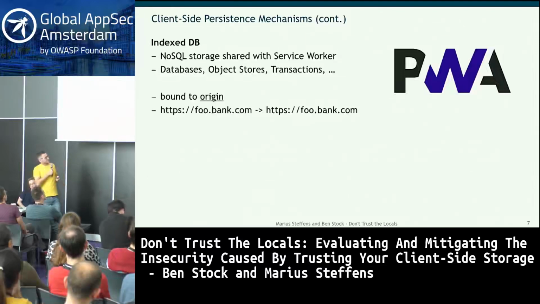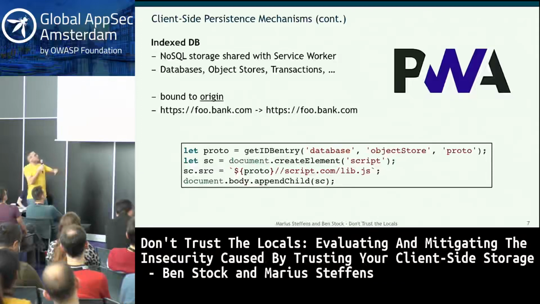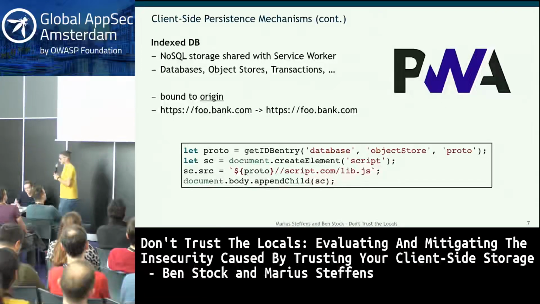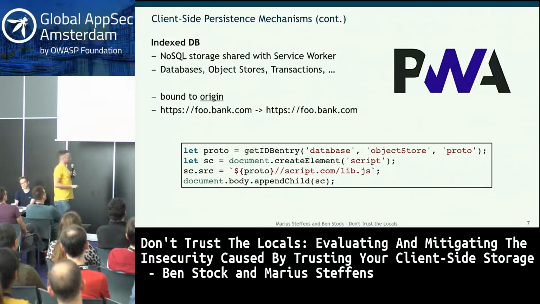It's also bound to an origin, similar to local storage. And so I've avoided putting these 30 lines of boilerplate code here, but let's just assume that there's a function which is called getIDB_entry, and it will return, from the database and its object store, the value proto. And so if we use that, and it's controllable by an attacker, then also this script can go horribly wrong in terms of XSS. What are we doing? We're creating a script element, and then we are assigning the source property of the script element with proto, which we assume is controllable by an attacker. So I can just put kittenpix.org there, or gps-kittenpix.org, and in this case, then this content will be loaded from my page and not the intended site.